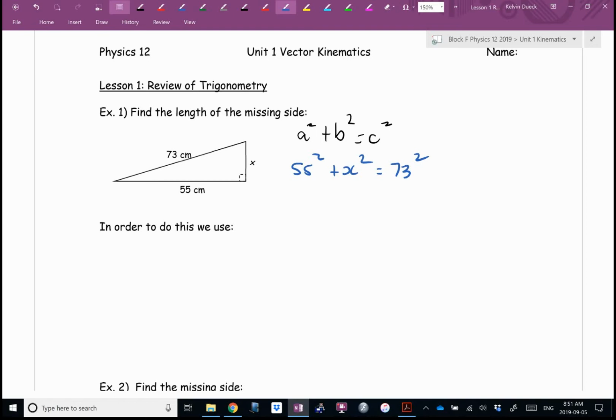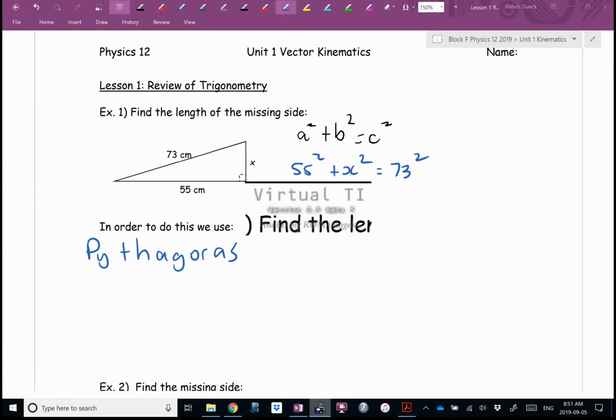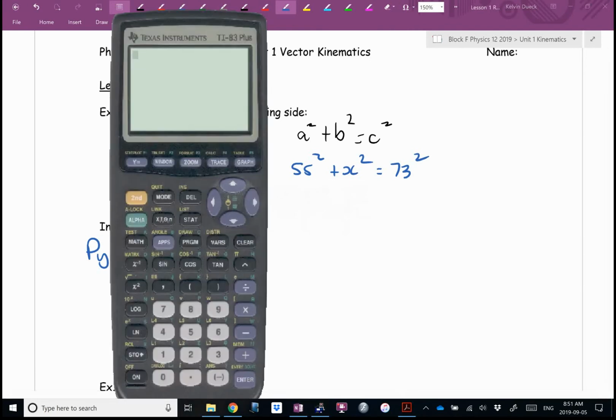Much better. So in order to do this, we use Pythagoras, if you want to write that there. And typically from this line, I would go to my calculator, but I would do some steps in my head. Matt, how am I going to get the x squared by itself? How do I move the 55 squared over? So I would go to my calculator, and I would go,